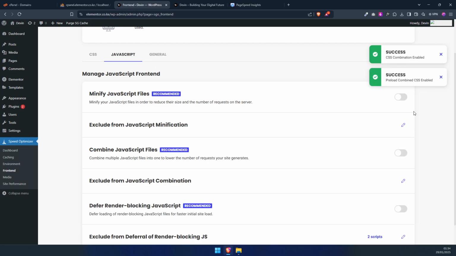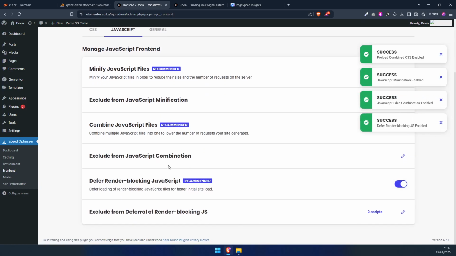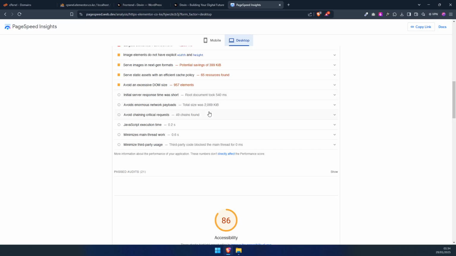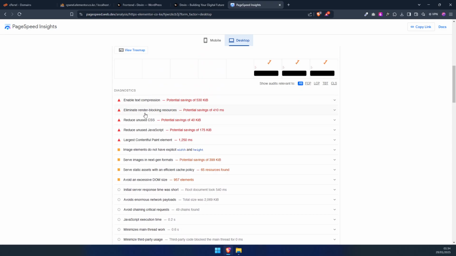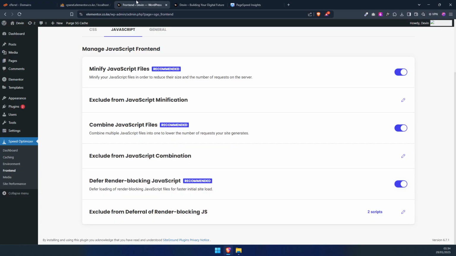I usually do the same for my JavaScript, and there's what we call render blocking JavaScript. You will mostly get that as an error here: eliminate render blocking resources, okay? Reduce the unused CSS, reduce the unused JavaScript, and that is exactly what we are doing here by combining and minifying them and deferring render blocking